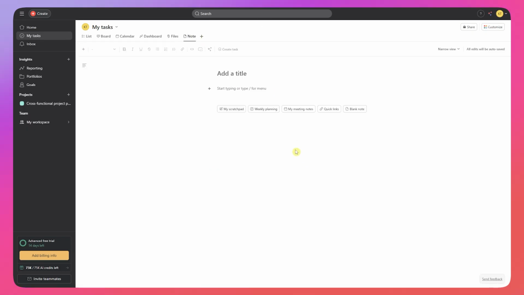So this is a space for project context, notes, or a brief. This is best for documenting goals, guidelines, or reference info so everyone understands this project's purpose. You can use this to outline objectives, add instructions, or keep reference material handy. In here, you can now add a title, let's say sample note,